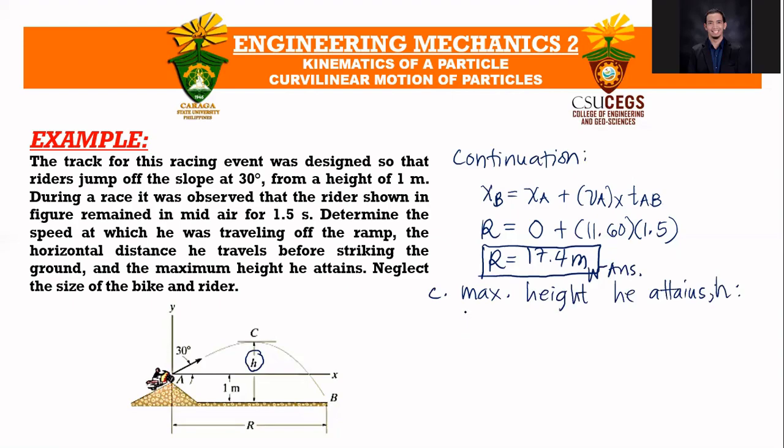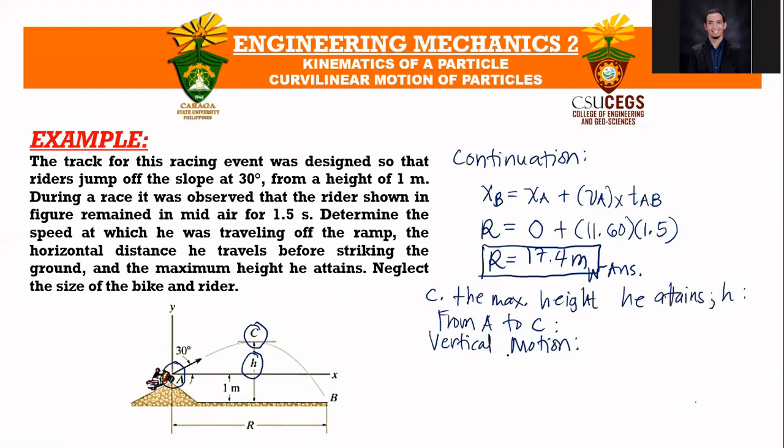So the points that we will consider here to determine the maximum height he attains is from point A to point C. And since this is concerning the maximum height, the equation we will use is from the vertical motion. For the vertical motion, the equation we will use is the third equation, which is the